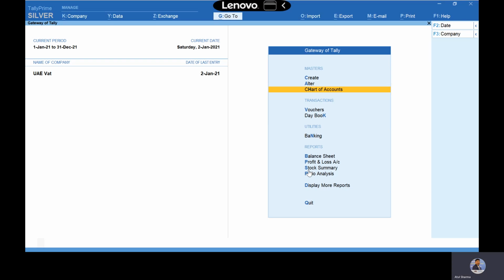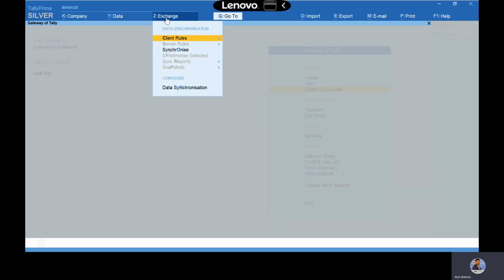Second is IP. To set up the synchronization, go to Exchange and click on it. There you can see the client rule, and once you go to client rule, you can see Create.